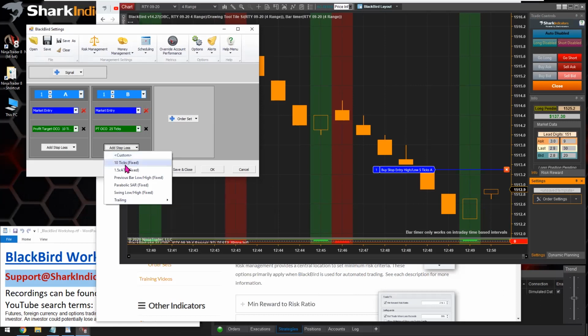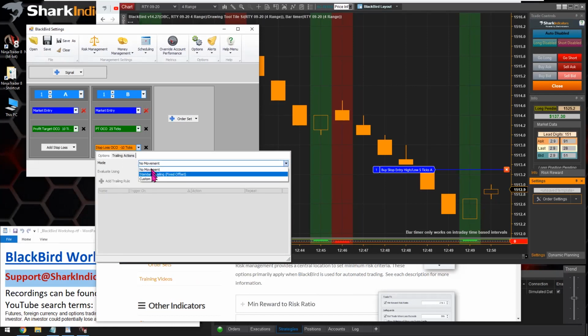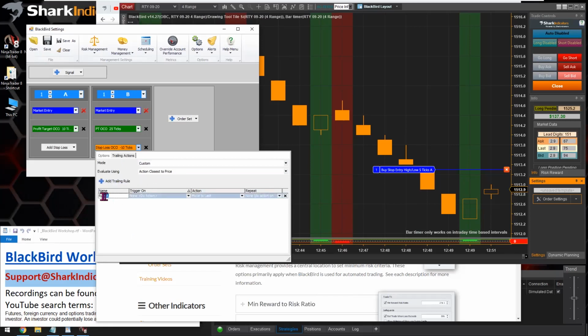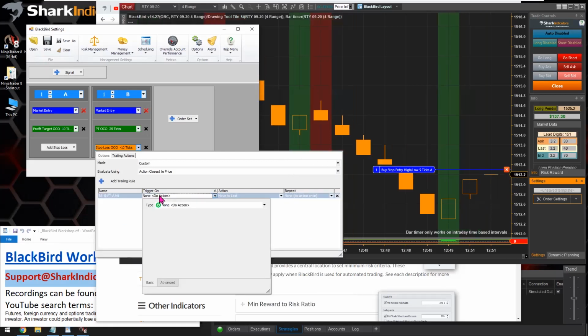Let's see, how do I want to do this? I'm just going to start from scratch. All right, let's start with a 10-tick stop loss, just a fixed 10-tick stop loss, and then we'll go into the trailing actions and add in some trailing rules. Let's do, we'll move to break even when profit target A is hit. To do that, we're going to use a trigger,